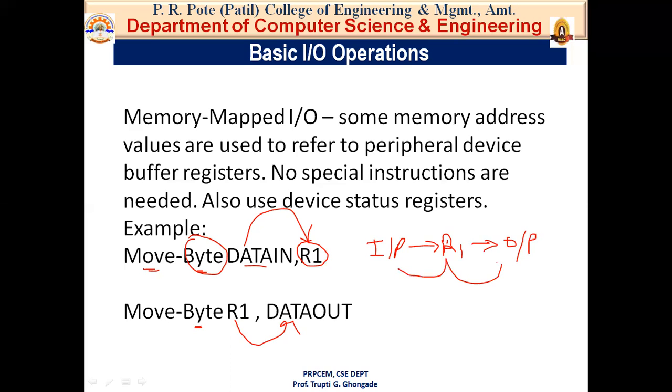Okay, so the status flags S in and S out are automatically cleared when buffer registers data in and data out are referenced respectively. Whenever data in gets data from the input device, your S in becomes 1, and whenever your data out is ready to get data from the processor, your S out will become 1. The move byte operation code signifies that the operand size is 1 byte, let's say your character or your data is 1 byte, that means 8 bits of data, to distinguish it from other operation codes.